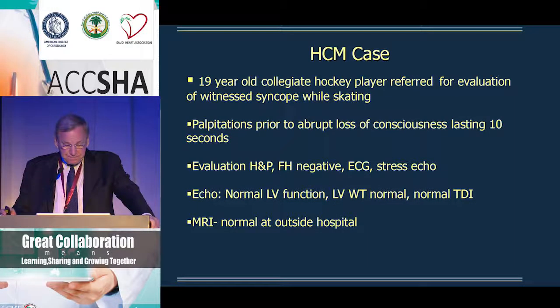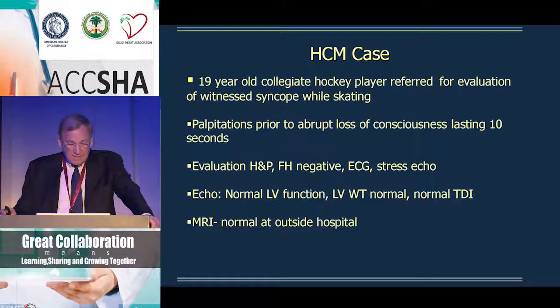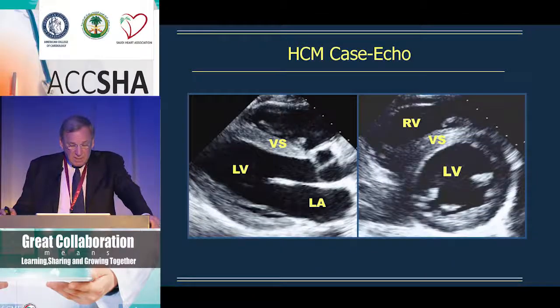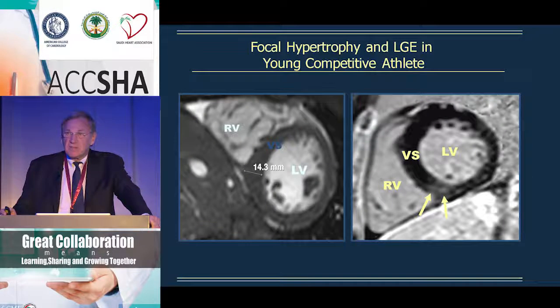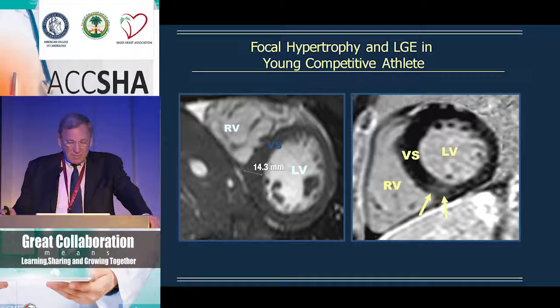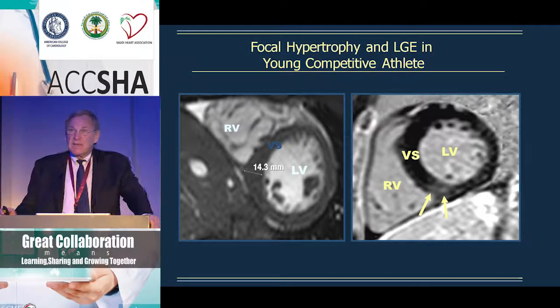But he had a normal TDI, normal LV function, and his left ventricular wall thickness was normal. But an MRI was done at an outside hospital. Now, this is his EKG, which showed high voltage, common in athletes. His echo is shown here with an interventricular septum that measured 1.4. Right at the margins of normal, perhaps making it difficult to distinguish between an athletic heart syndrome and physiologic hypertrophy versus hypertrophic cardiomyopathy. But the MRI, as you can see, showed a small amount of enhanced gadolinium, indicating that there